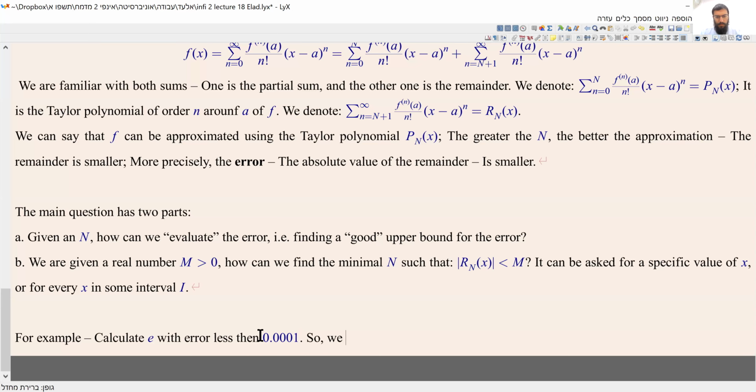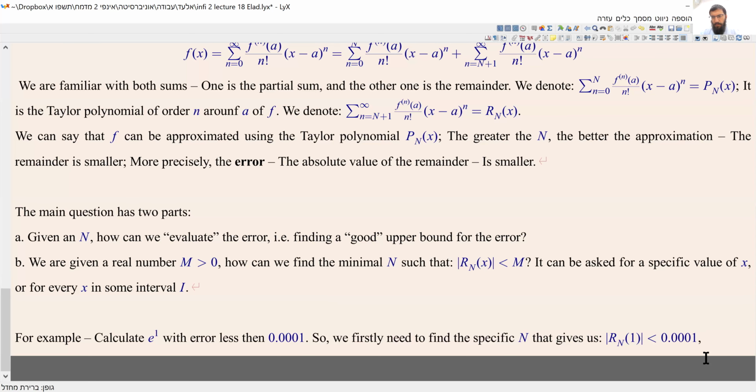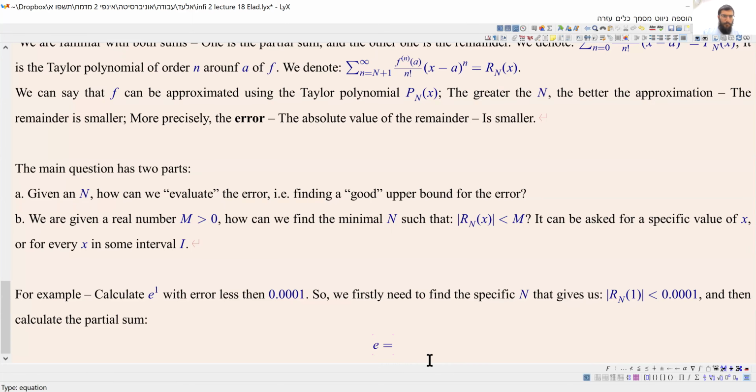So firstly, we need to find the specific n that gives us a remainder smaller than 0.0001, because we are talking about x to the power of 1, and then calculate the partial sum. We can say that e is the sum of 1 over n factorial,